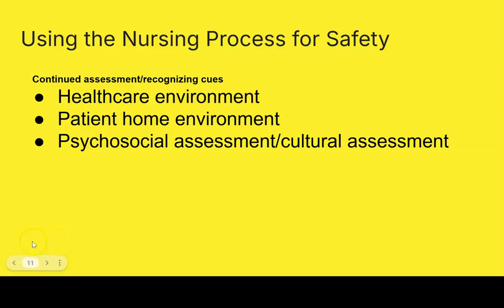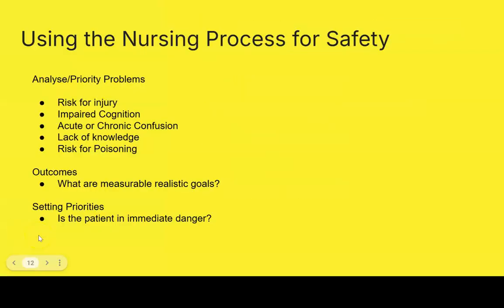So what do we do with all that information? We use that information to start prioritizing the care. We analyze the data, so all the information we collected from the health history, the physical assessment, asking the questions, we have to use that information to create a plan of care. And the plan of care will look different for everyone. You have to use the assessment data you collect in order to